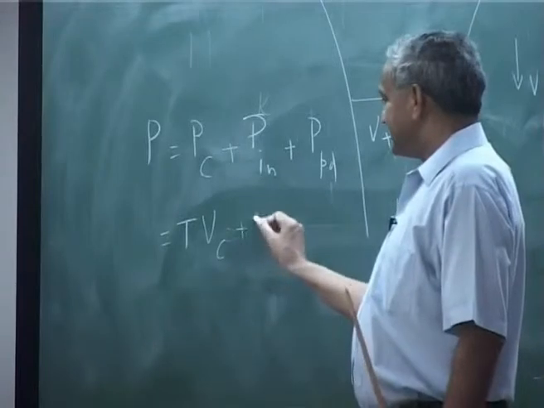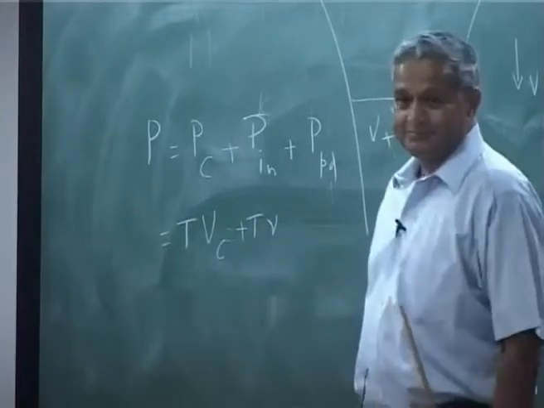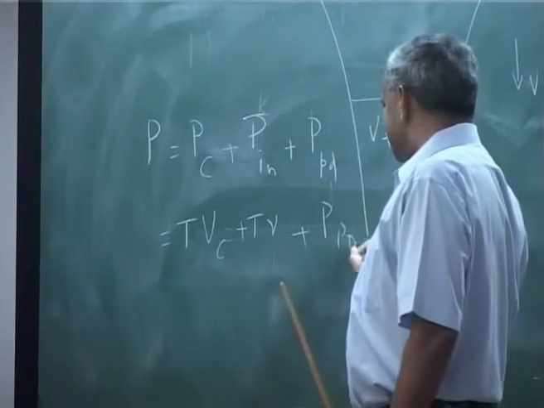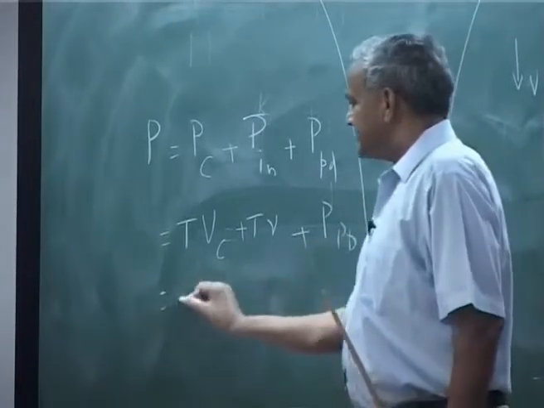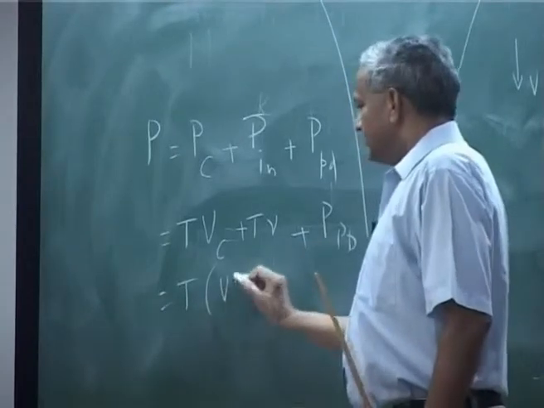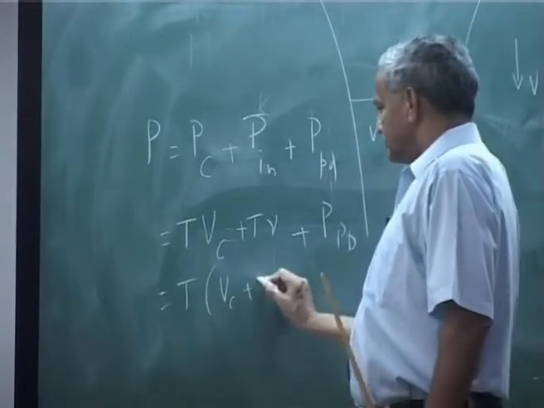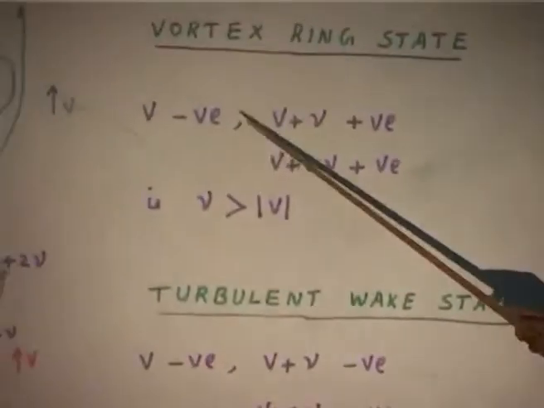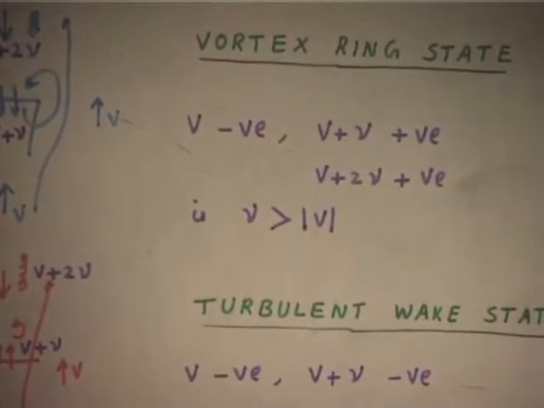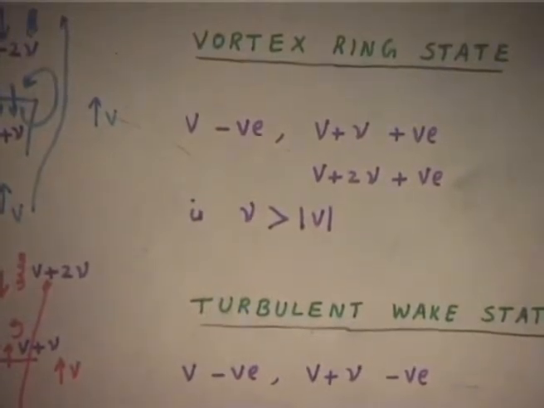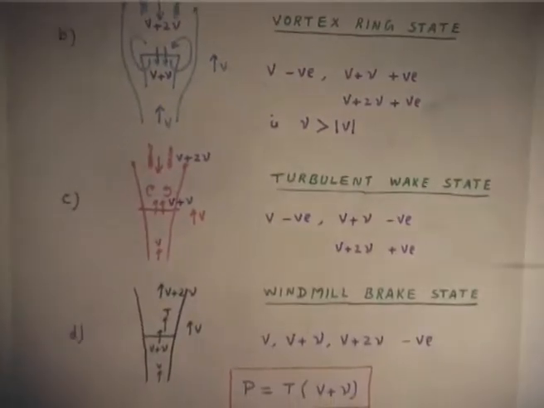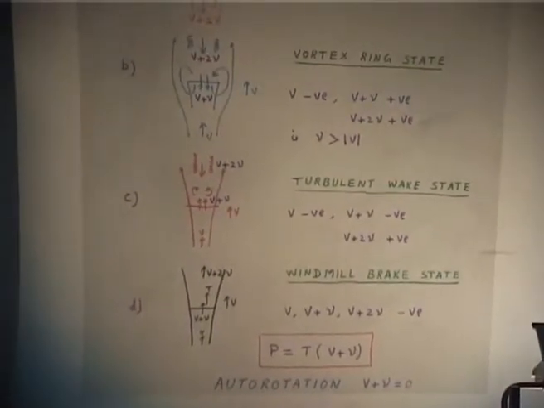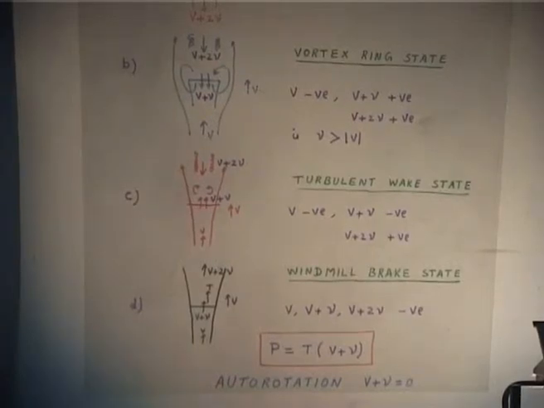This is thrust inflow. Plus of course, the profile power you leave as it is. This is T into V climb plus nu, and I have not used the subscript here, V is the velocity. Now, when V climb plus nu or V plus nu, that velocity term, is 0, that means my power is 0,